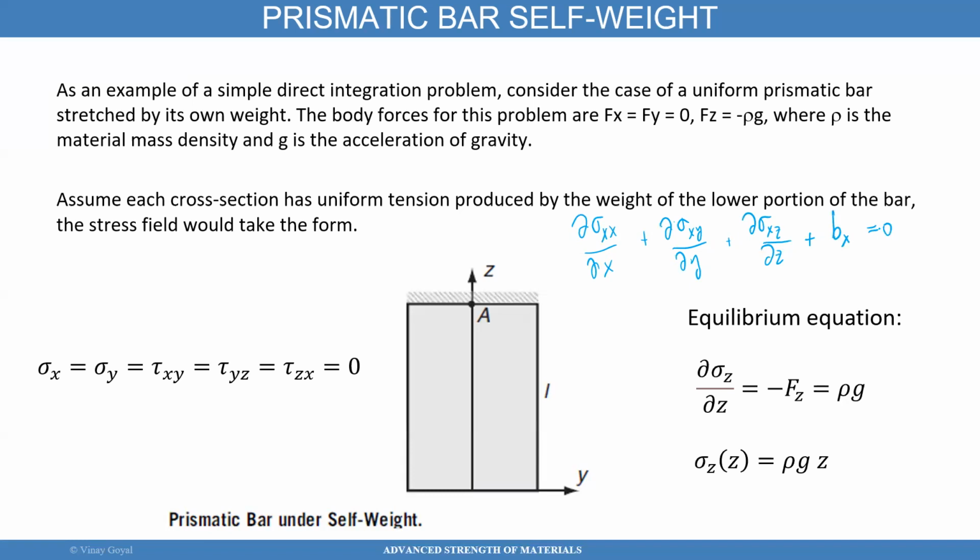So there's no stresses in the other directions. The only stress that you should develop is this one. So what do I have? There's 0, there's 0, that's 0, that's 0, right? So the only one that really is going to show up is going to be